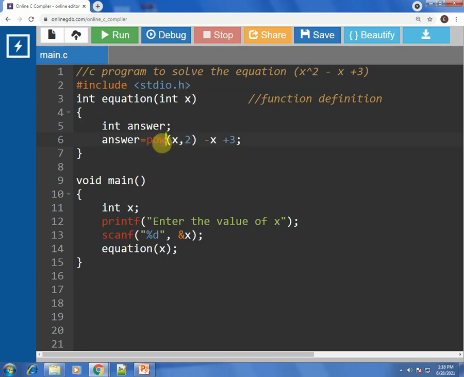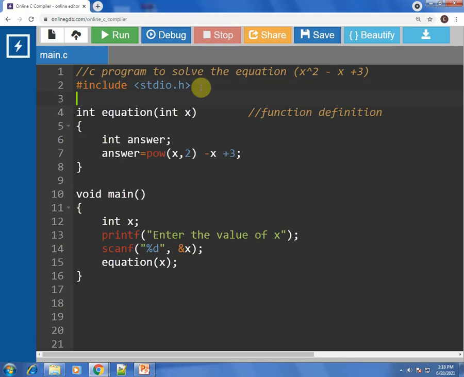When we use this power function, we have to include a header file for it, which is the math.h header file. It is a must to include math.h. This power function is an inbuilt function. All the definitions of this power function are present in the math library, the math.h header file. Hence, it is a must to include it in your code.